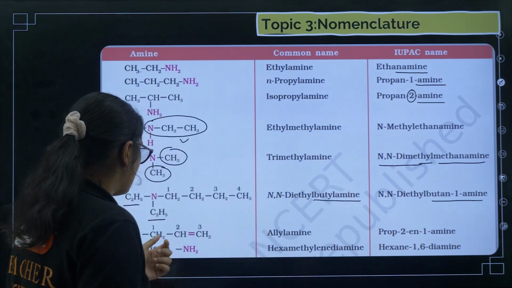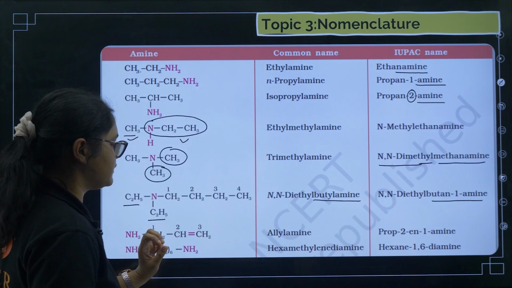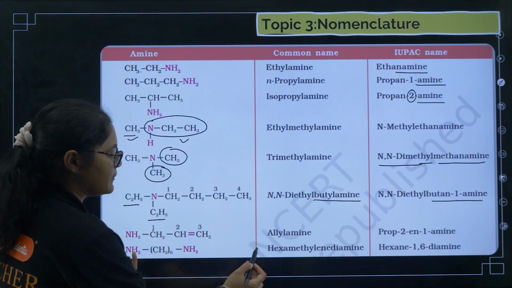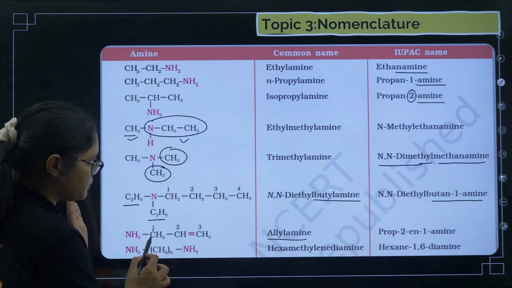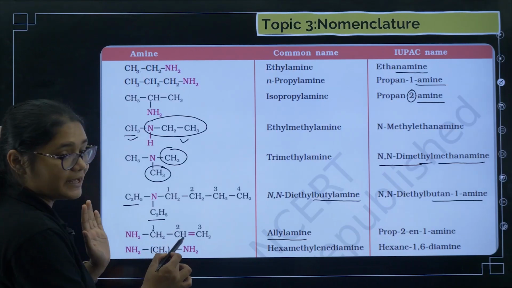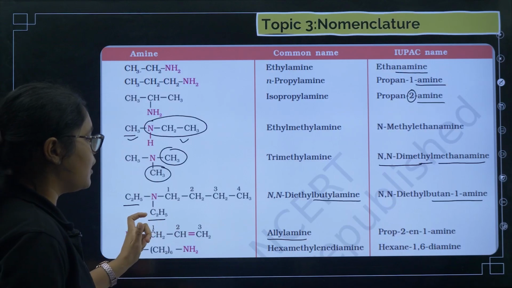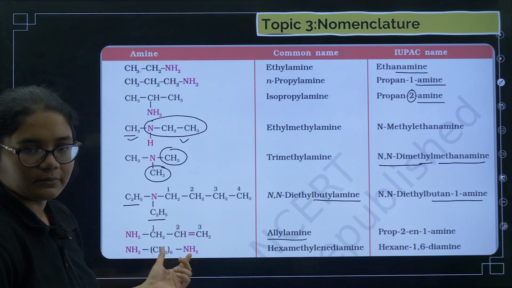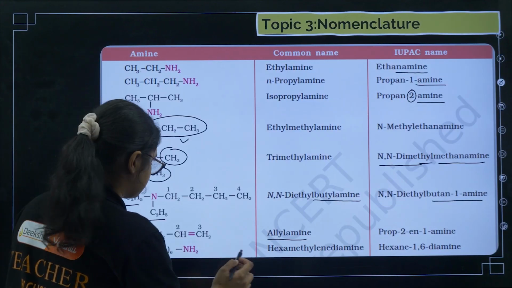Now we have this one. Here you can see 1, 2 and 3. So this is allyl amine. Why am I calling it allyl? See, the carbon to which the NH2 group is attached is directly attached to an sp2 carbon, right? And here what we have is prop-2-en-1-amine. Similarly here we have hexamethylene